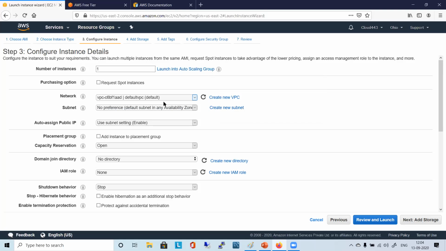Based on the instance we select, this network VPC will come by default for everyone, because AWS creates a default VPC with public access, for outbound access. Networking is a gray area where not everyone has the knowledge to create a subnet, or CIDR blocks for IP addresses and all those things. People will have some difficulty.